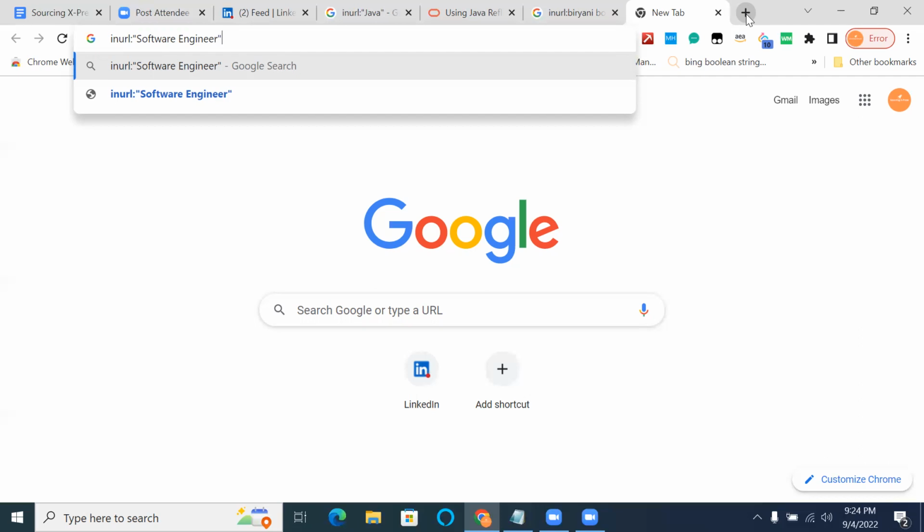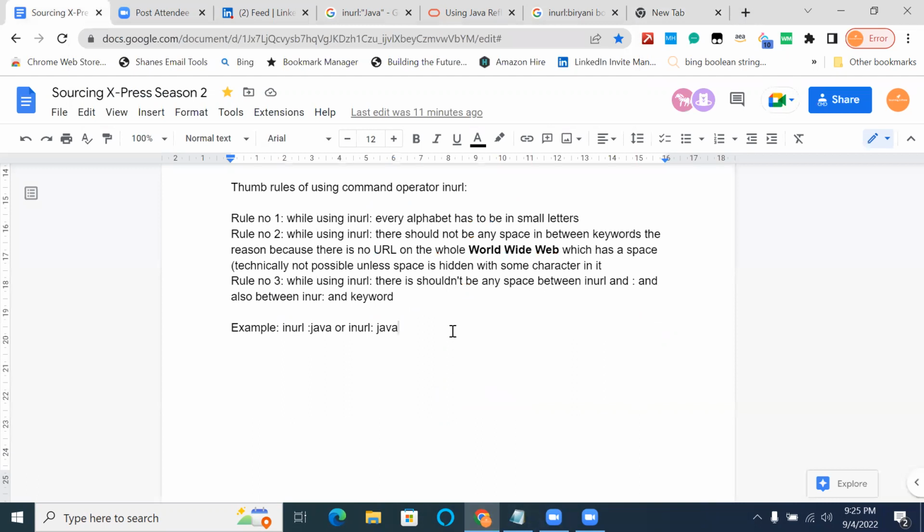I think software engineer should come. Software engineer will come, but how? As a thumb rule, whenever we use inurl, there shouldn't be any space. But now here is a space. That too, we are using software engineer in the double quote. What kind of result might we see? Will it add a hyphen between software hyphen engineer, or a backward slash or something? Okay, let's take this as a sourcing question for today. I think it will read as one word, software engineer. Don't experiment with it, but pick from the drop-down answers.